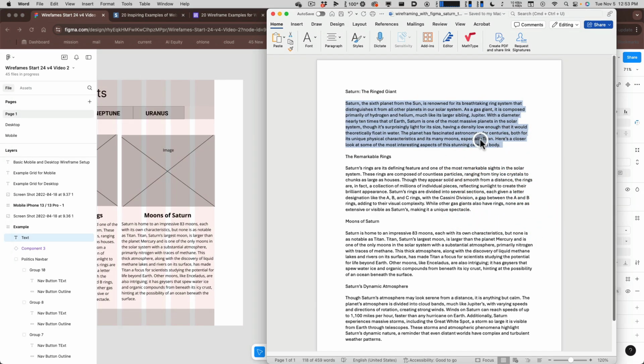So this is body copy, and you may have heard me say it's a good idea to keep your body copy inside of Word or maybe Google Docs or something that does spell checking and grammar checking so that you don't have to worry about typos and things in your copy. You're not using the Word or the Google Docs or whatever to make a web page. You're just using it to store your content. So I'm going to take this guy here